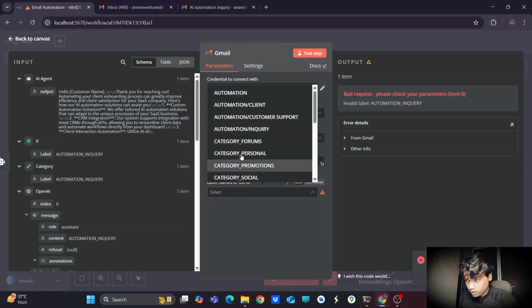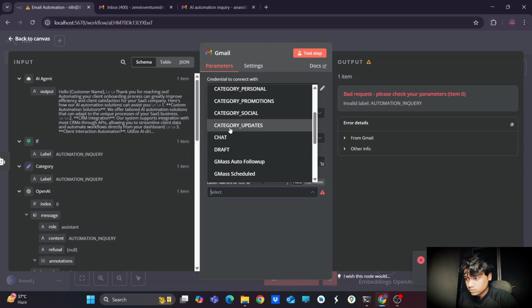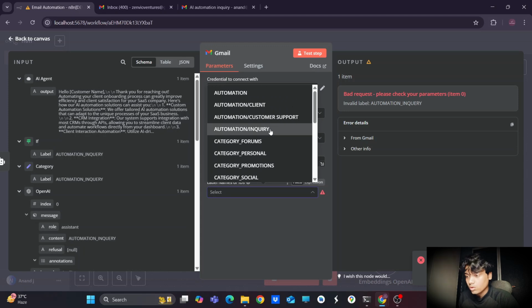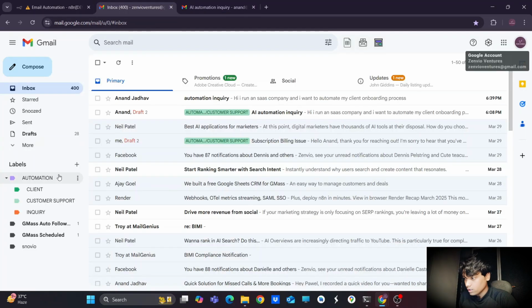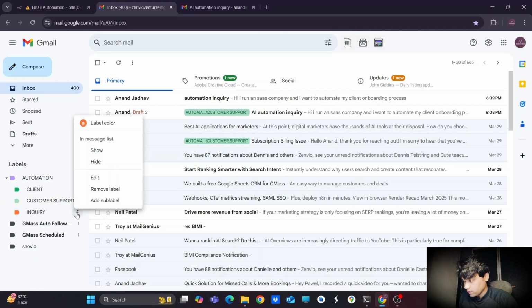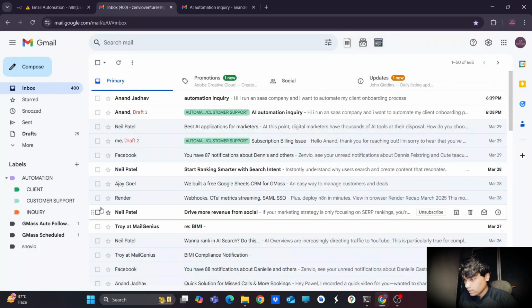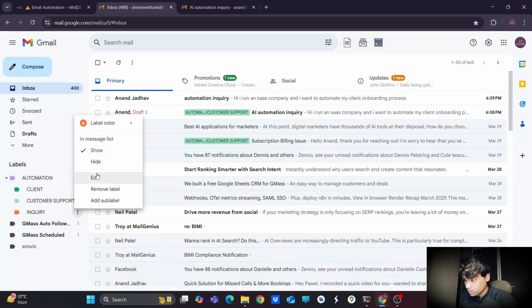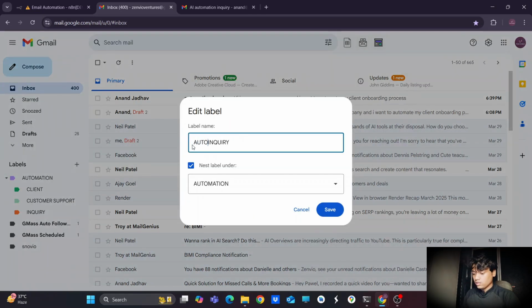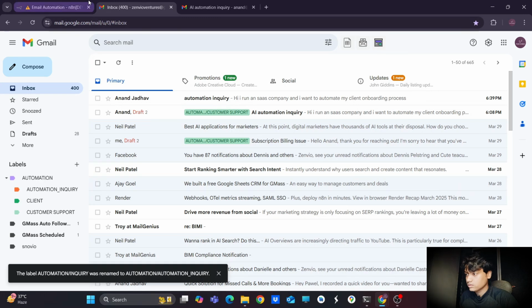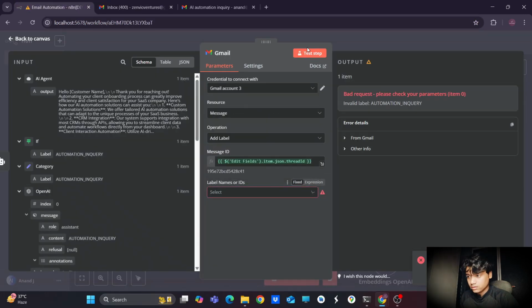Okay, let's check what labels we have. Automation inquiry. It needs to give the output as inquiry, so I will change it here. It has an inquiry, automation inquiry. Change it, save it, and let's test it.